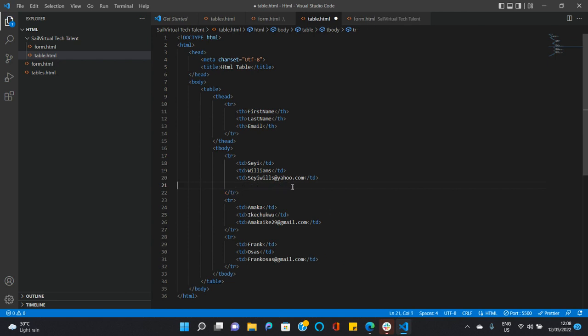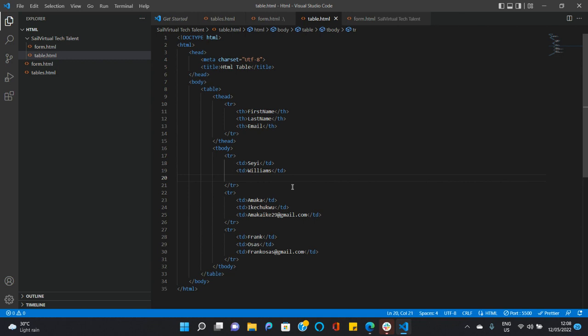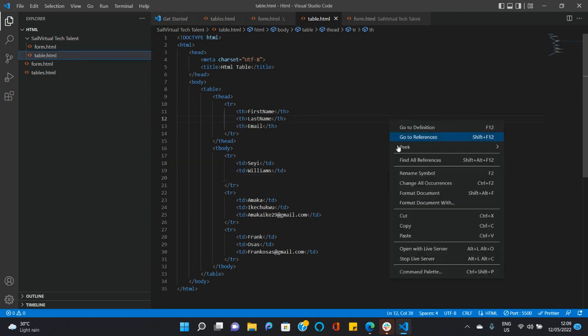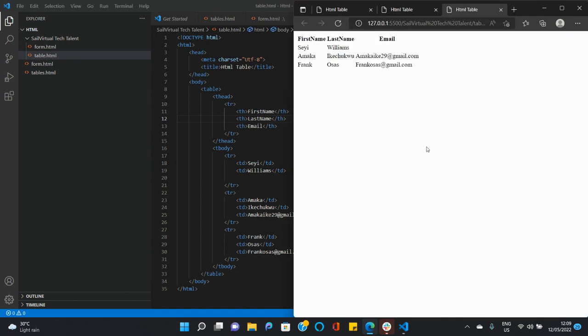And likewise, let's see what happens if we remove a table data tag. Let's remove Sheyi Williams at yahoo.com now. If we save this and render it on the browser by opening with our live server, I hope we all have live server installed. So if we open it with our live server, just as I explained previously, that particular